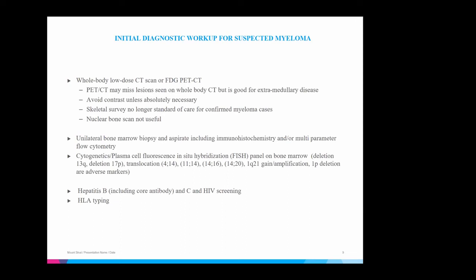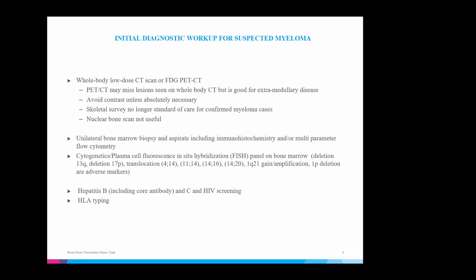As far as looking at bone lesions, which is part of the diagnostic workup for myeloma patients, we prefer whole body low dose CT scan or PET scan. The PET CT may miss lesions seen on the whole body CT scan, but is very good for extramedullary disease. Since these patients may have renal dysfunction or tendency towards renal dysfunction if they have light chains, we like to